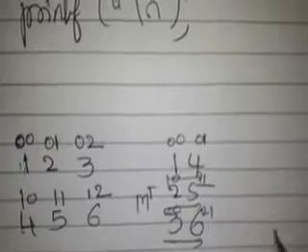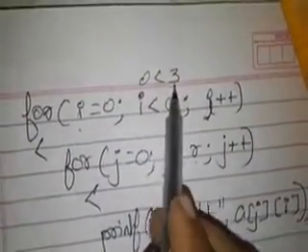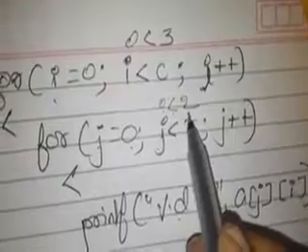Now see, this has to be matched now. %d ampersand a of j i. Initially, what is the value of i? 0 less than, what is the value of c I am having? The value of c is nothing but 3. So 0 less than 3, true or false? Yes, it is true. It will come inside. j is equal to 0. 0 less than, what is the value of r? 2. 0 less than 2, true or false? Yes, it is true. It will come inside.